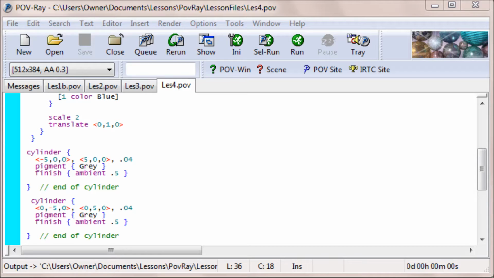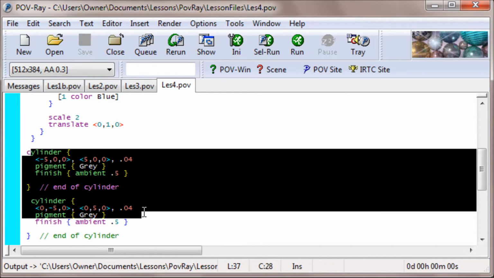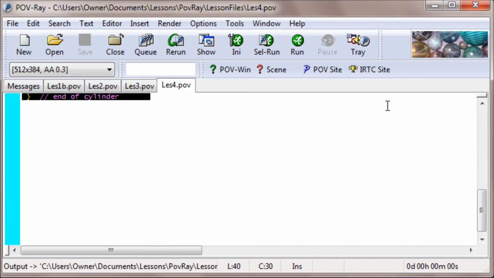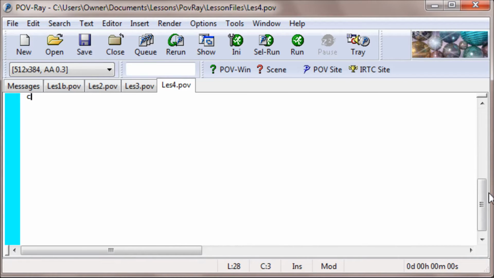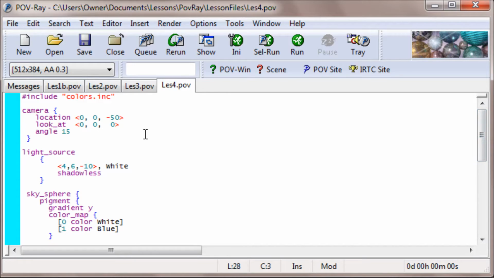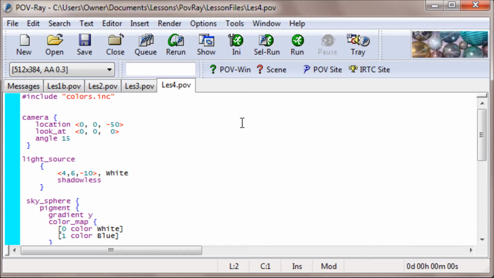Now, we could also put one for the z-axis, but I've already done that, and I set up a grid using the same idea, having a whole bunch of cylinders going horizontally and vertically. If we highlight what we just did and press the delete key to get rid of it, there, all that work and it's undone. I actually wrote a bunch of lines of code, which I stored in a file called grid.inc. So if you put number include